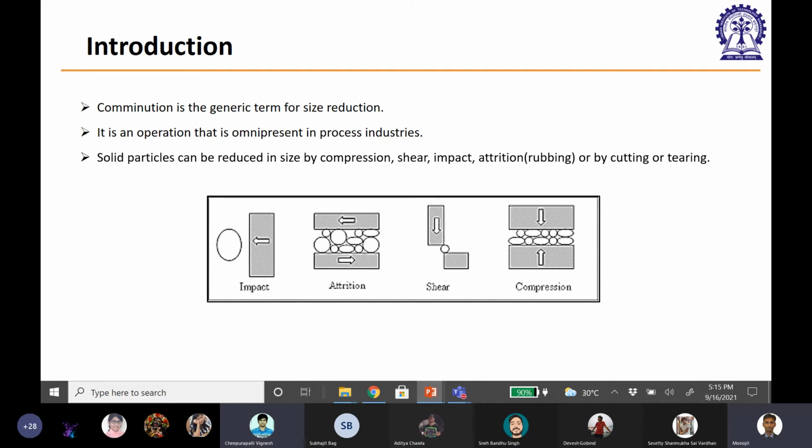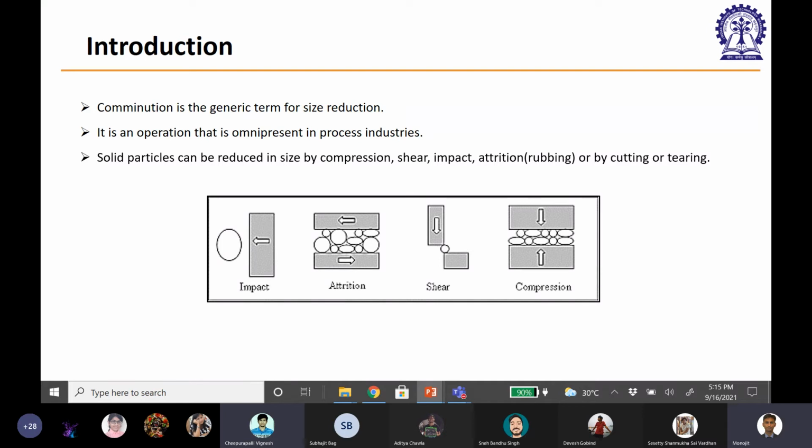Sir, attrition is basically breaking of particles due to collision of one another, whereas in shear we are taking only an individual particle and forcing it over tangentially. In that way we are trying to break it. Yeah, but in both cases you are applying force, right? No, sir. Actually, in attrition, we are not applying force. We are just blowing the air so that the particles will move through the flow pipe. No, that's not right. During that, they collide and break. If the particles are brittle, the size gets decreased.